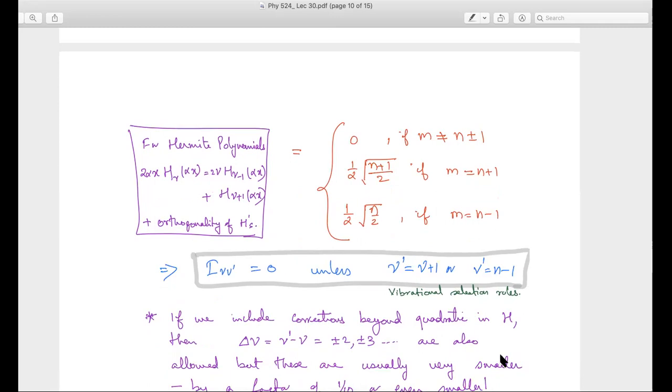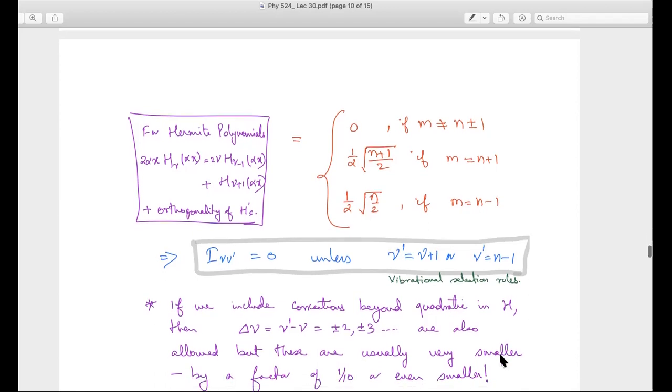One way to see that is that our energy eigenstates for the Morse potential were harmonic oscillator eigenstates plus some small correction, where I already argued that the anharmonicity parameter was small. So the wave function will also have corrections which will be of order beta square and so on. Okay. So the wave function will have small corrections, and whatever deviation I get from this rule will be negligible.